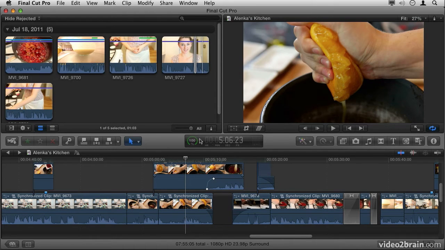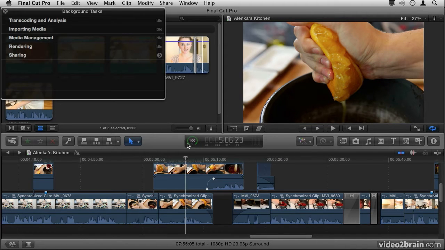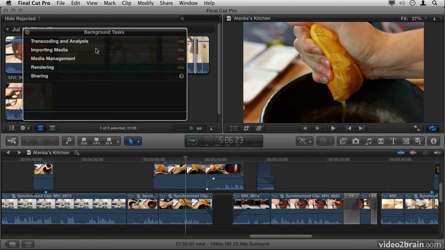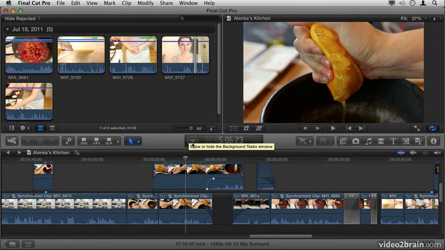To the left of the timecode, you'll see a little circle that currently reads 100%. If you tap on that, it'll open up the background tasks browser. This shows you all the background activity that's currently going on. This could be transcoding, importing, rendering, or more. If at any point you see this window showing anything less than 100%, you know that there's activity currently going